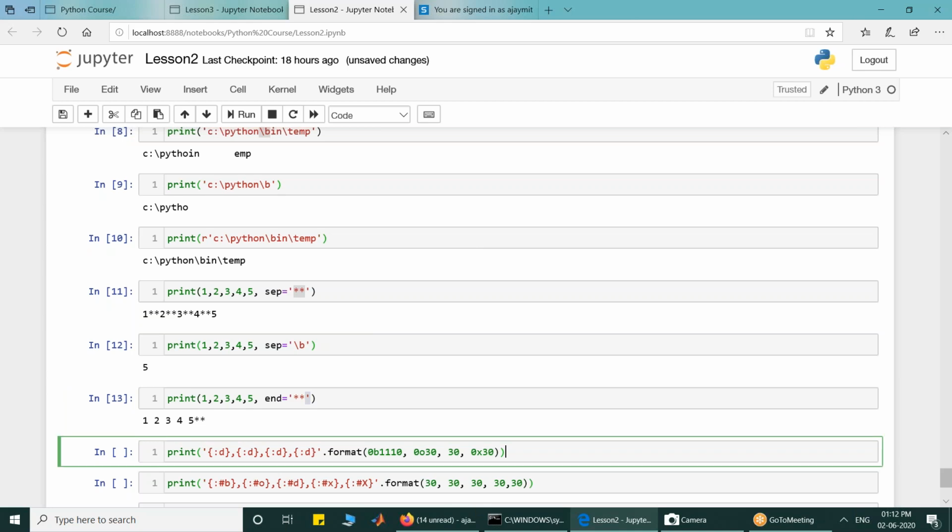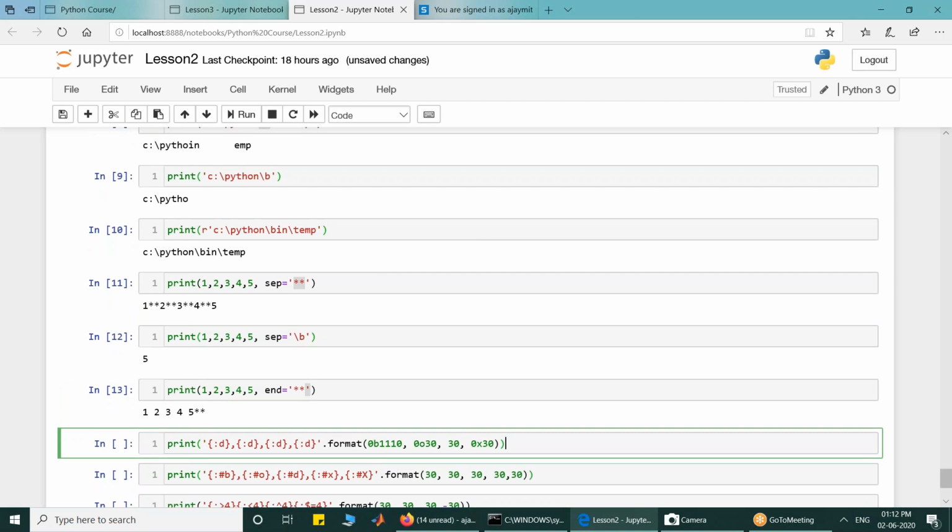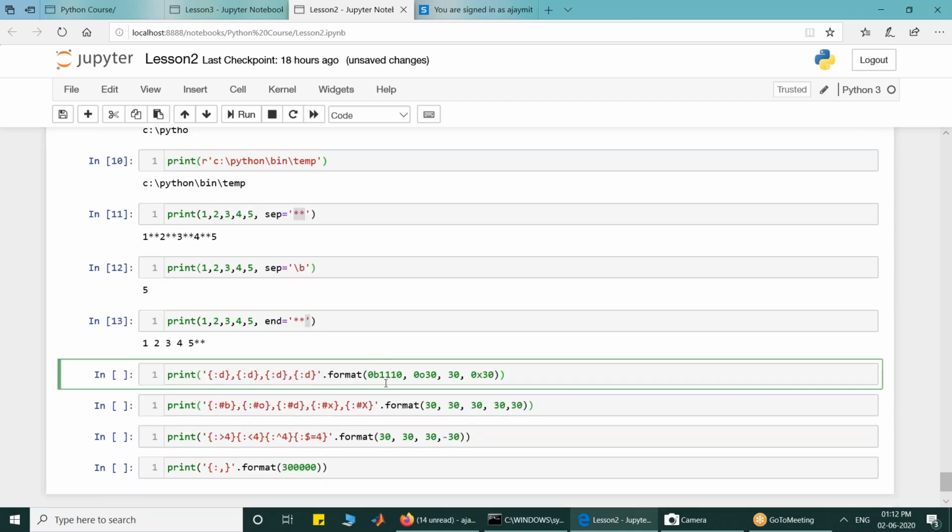Students, tell me what is the output of this one? What is the output of this? So what I expect first to be written in decimal number format. So this is decimal. This number is 1248, so 8 plus 4 plus 2 plus 0. So this is 14. I want 14 to be written in decimal.